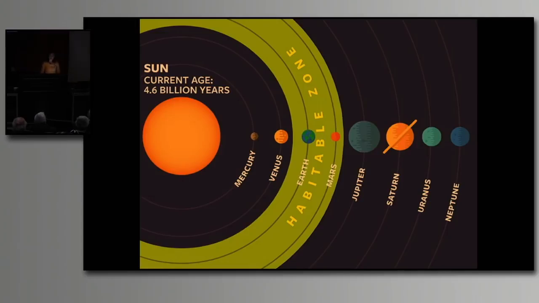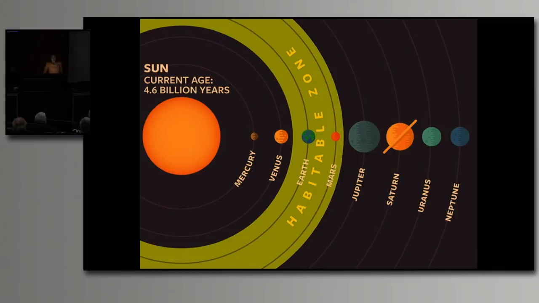How can there be liquid water inside Europa if it's so far from the Sun, right? This is what we call the habitable zone, the area in the solar system where liquid water can exist on the surface. Only 2 planets are in this habitable zone in the solar system, Mars and the Earth. If you go too close in, it's too hot and the water will evaporate. And if you go too far out, it's too cold and the water will be ice.